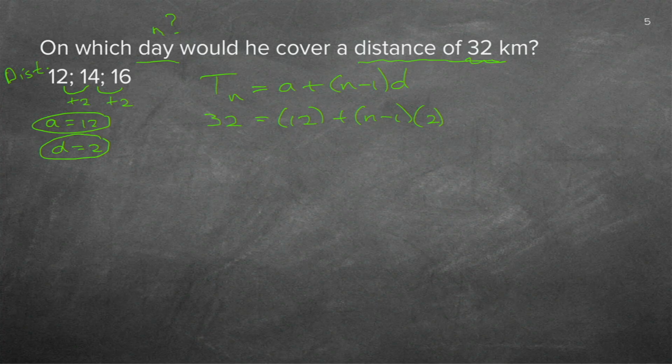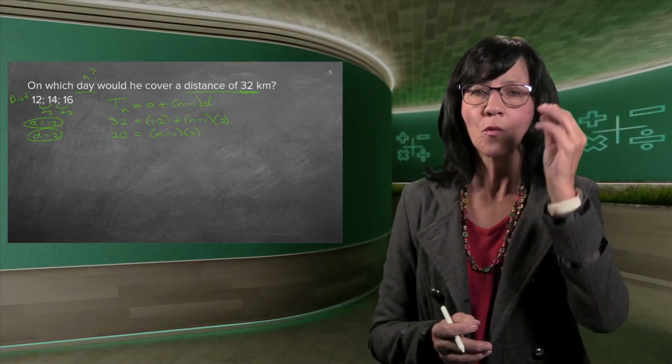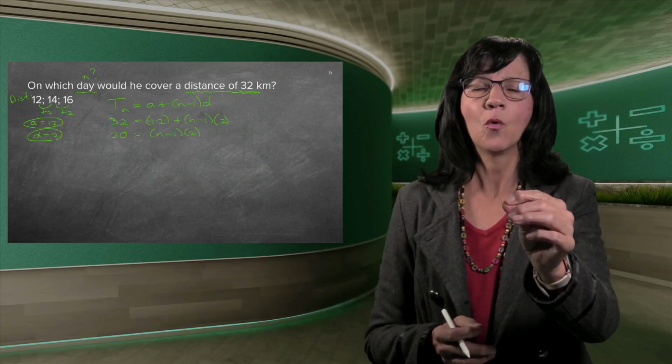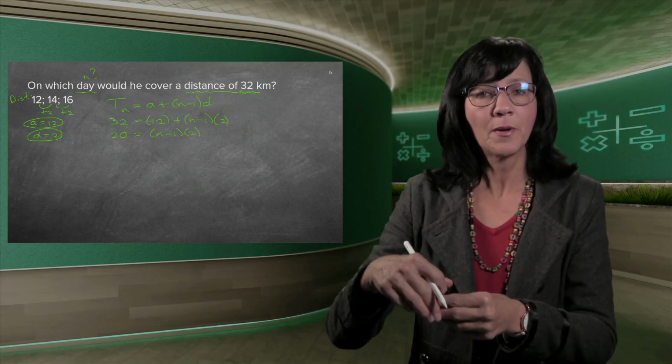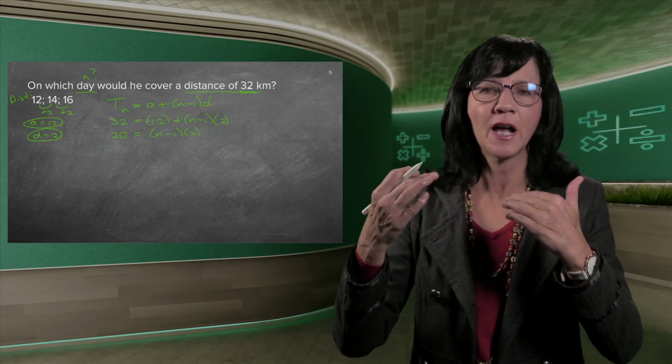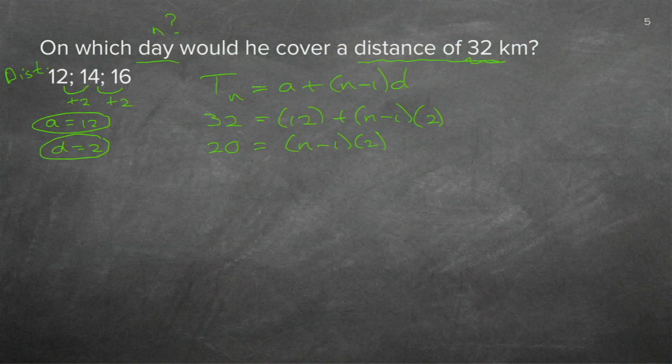So I'm going to first take the 12 over, so it gives me 20. This I'm not going to multiply out. I'm going to leave it n minus 1 times 2. Now, I know many of you are just going to multiply it out. Remember what your goal is. Always have your goal in mind. Your goal is to find the n all on its own. It's nicely all alone now, except for the minus 1. There's nothing in the front. If you multiply out now, there will be a 2 in your way, and then you have to divide again, so you just make your sum longer. So if I can rather just do this, divide by 2 on both sides, so it's 10. Get the 1 over, so it's 11. So now I can say on the 11th day, he ran 32 kilometers. And that is what they asked. On which day?